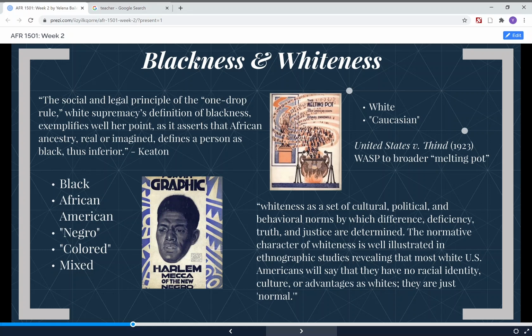And I'll talk a little bit about some of the history. So originally, when people were enslaved, people were talked about as Africans, or they were talked about as the N-word, right? Those were the terms that were used. It wasn't until we got a little bit further on that words like colored or Negro became the prominent way that Black people were talked about, or that they talked about themselves.